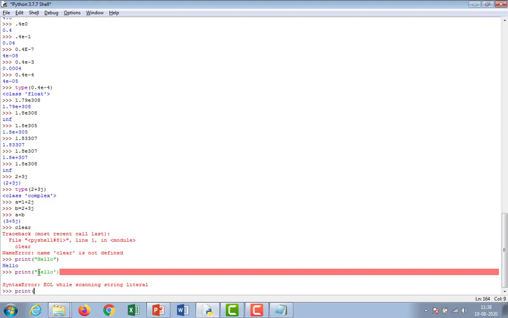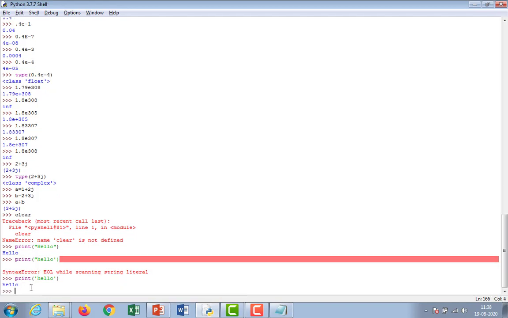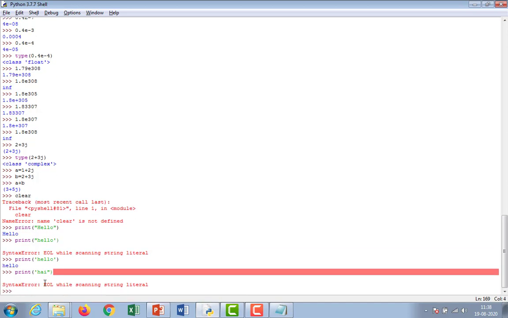Please check. If you want to print hello, hello is printed. If you take this example, suppose you give single quotes and print hi and at the end enter. At the typing itself it is showing, see, in the previous case if you open with single quote and end with single quote, the closing brace becomes black, but here the closing brace becomes green. At the time of typing itself you will know. So here, end of the error.